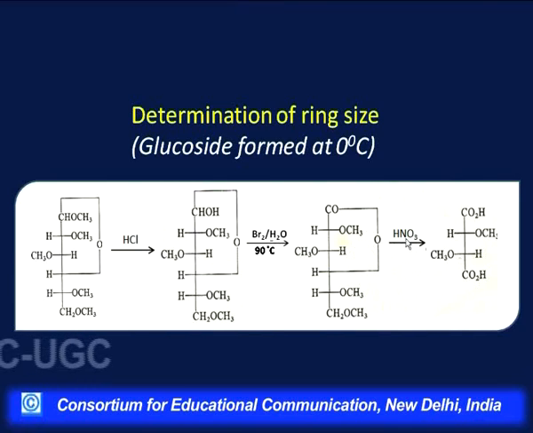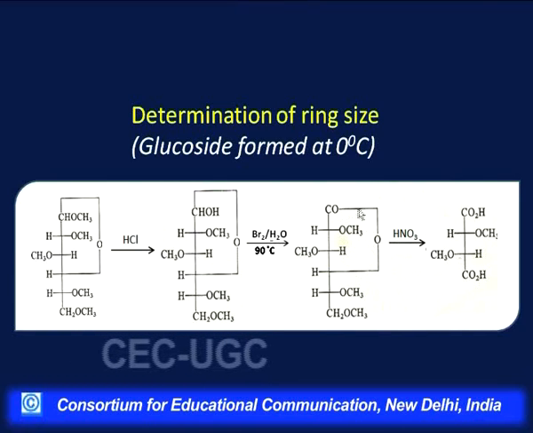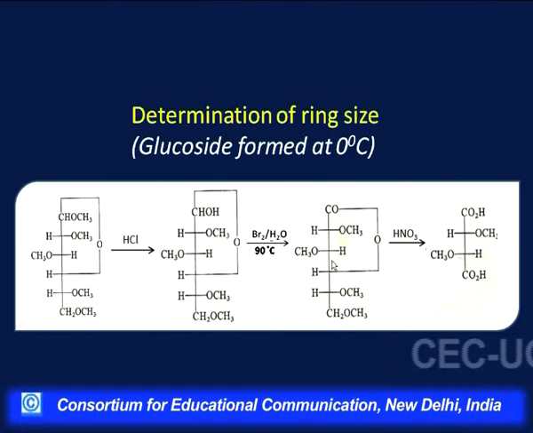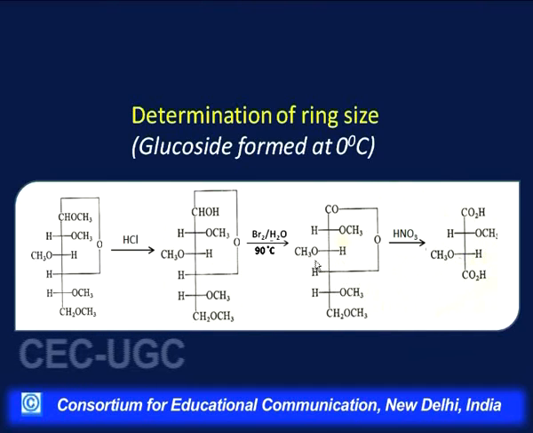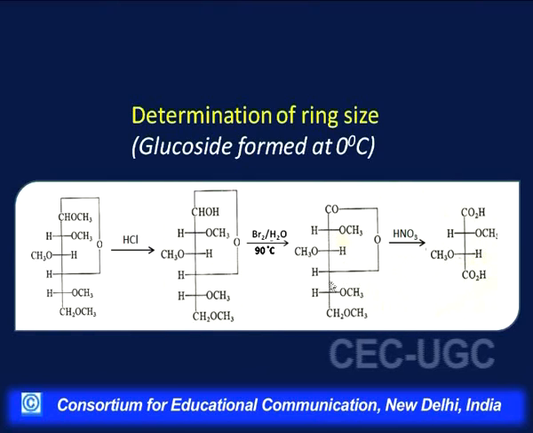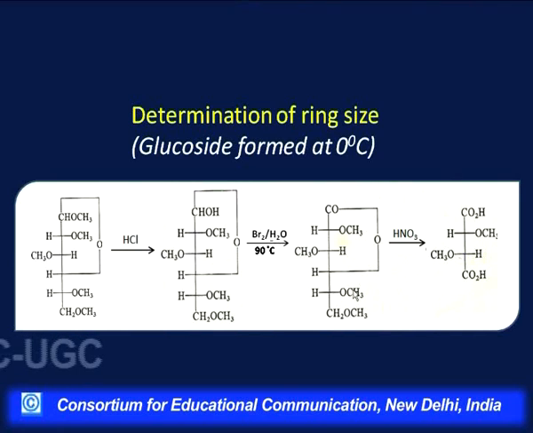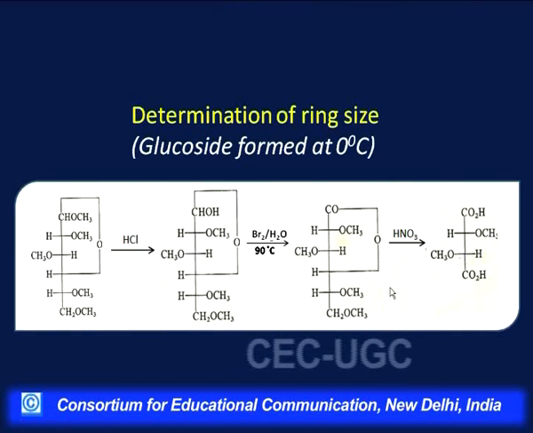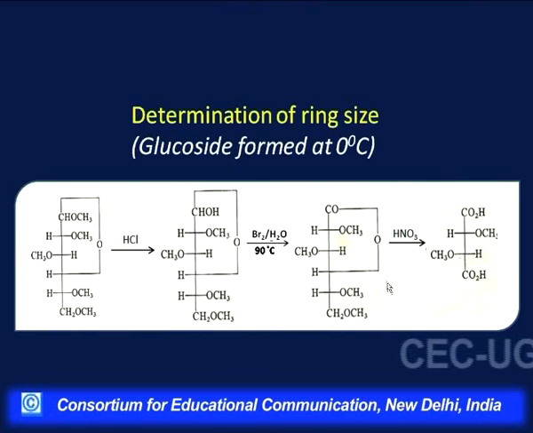Now, what will happen when we treat it with nitric acid, this breaks up and this becomes OH here, and with nitric acid cleavage may occur onto this side or onto this side. When it cleaves on this side, we will get 2 molecules of 3 carbon each. If cleavage occurs here, then we will get a 4 carbon dicarboxylic acid and a 2 carbon fraction. So, this was the basic reaction which could be used to differentiate between a 5-membered ring structure or a 6-membered